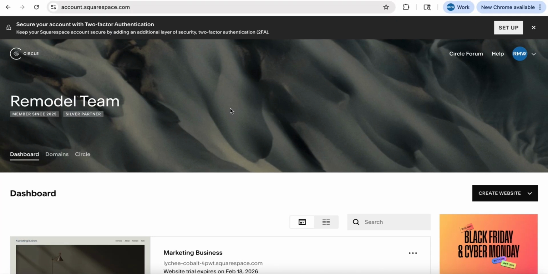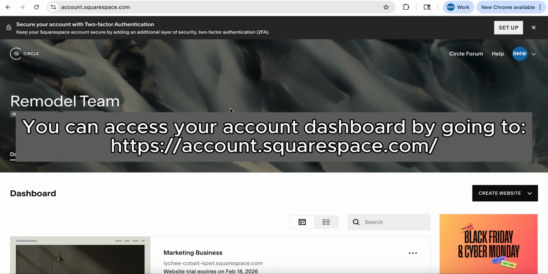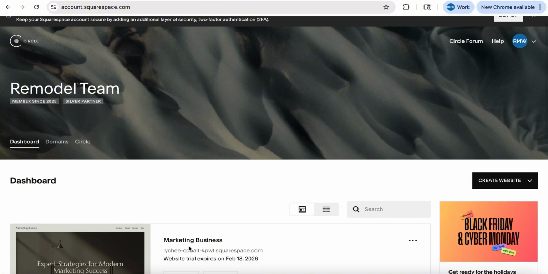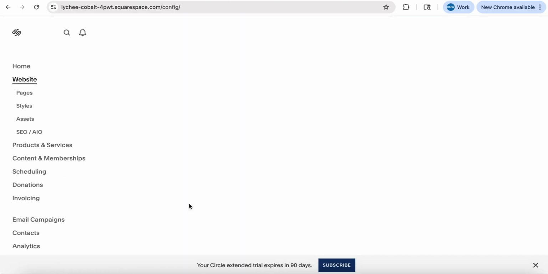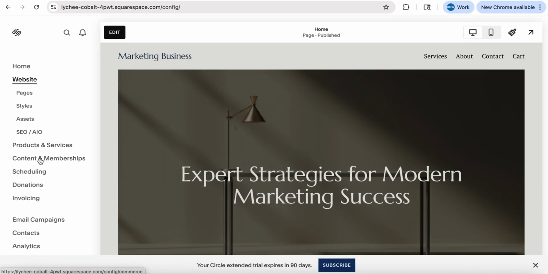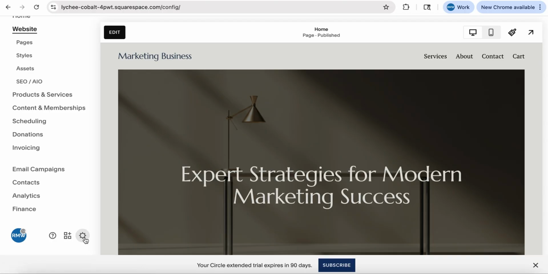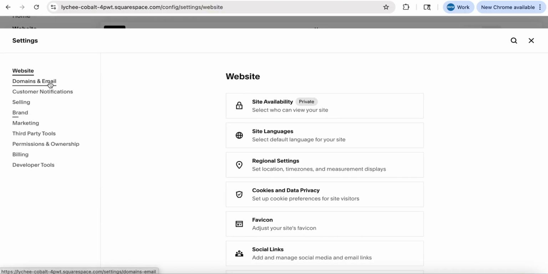We're starting here from the account dashboard, and in this video we're going to walk through setting up a domain for a website that you've created. So in this case we have the website that we've created here, and we're going to click into it, and from here we can go to the left side panel and scroll down to this settings icon and then